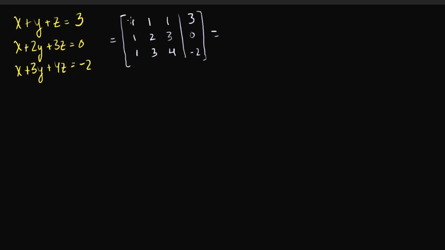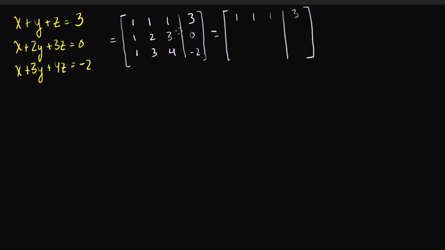Let me make everything else in that column equal to a 0. So I'm not going to change my first row. So it'll just be a 1, a 1, a 1, and then my dividing line, and then I have a 3. Now, to 0 this out, let me just replace the second row with the first row minus the second